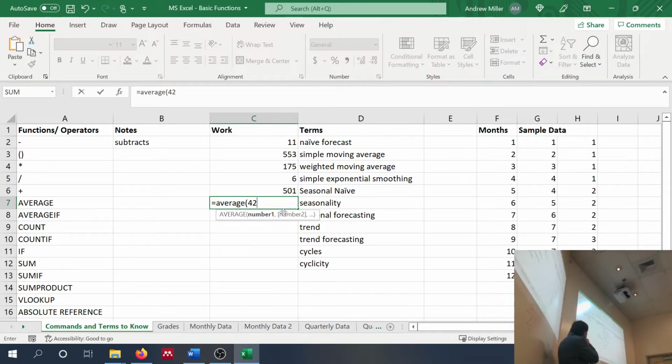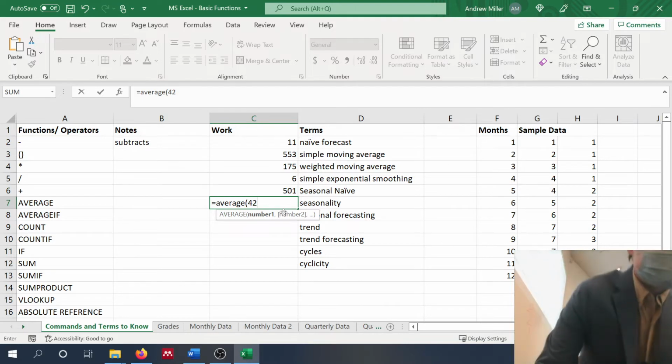Yes, it is. Okay? But in here, you see it's in brackets. That means that the number 2 and anything beyond that is optional. I can average just 42. What will the average be? 42 is exactly right. Because if we average one thing, we add it up, so we add up that 42 divided by 1, that gives us 42.